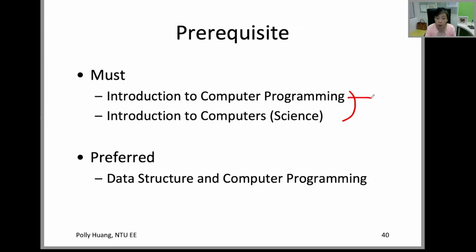You must know how to program. You must also know what's inside a computer. You need to know how to program using a compiler-based programming language, such as Python, C, C++, or Java. Now, if the only programming language you know is JavaScript, be careful. That's a scripting language. The coding style is somewhat different. You might need some time to adapt yourself to the compiler-based programming style.